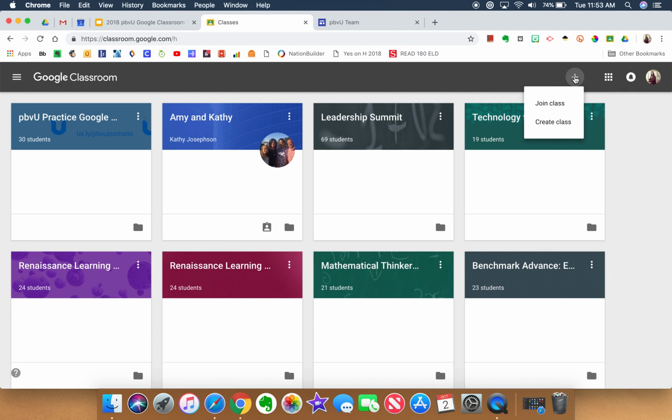You can also click the plus sign and create a class. Now students, and when I say students I mean our K through 8th grade students, cannot create a class, but they can join a class. Teachers are the only ones that should be able to join and create classes within our district. So that is basically the